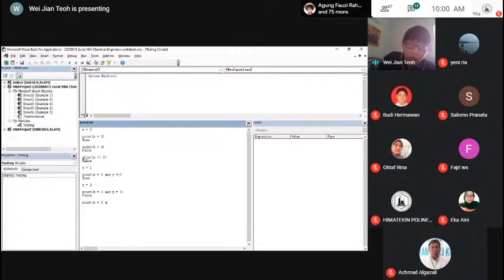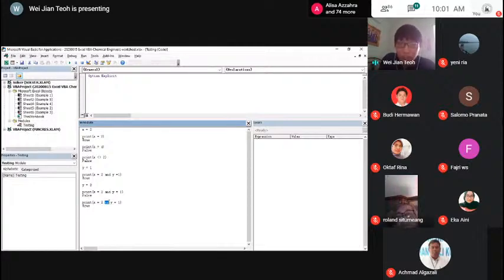Print x = 2 or y = 1. I'm going to show true. So the definition of and is that both of them must be true for the result to be true. For or, if one of them is true, then the answer is true. So this is a simple example of operators.